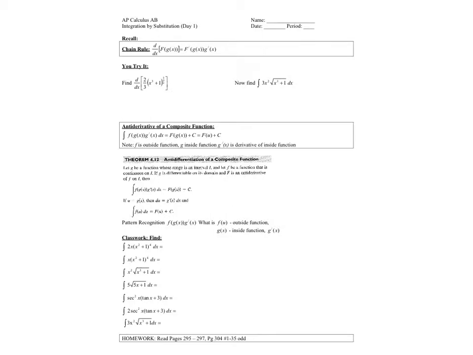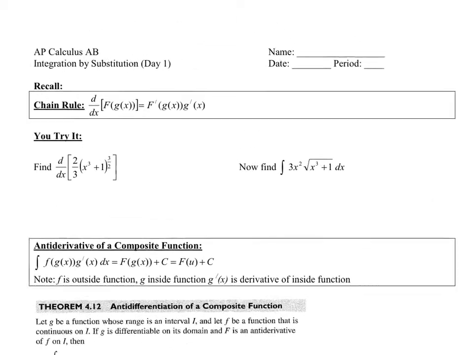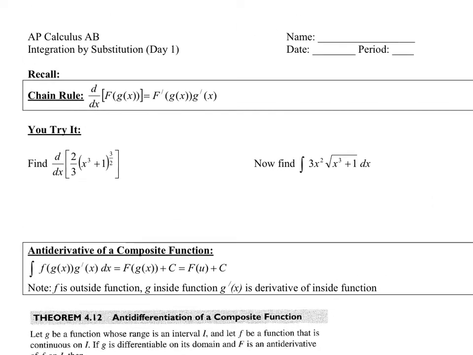Alright, so there are some different methods. This is as close as we get to a chain rule for integration. Okay, but don't call it that. What we're looking at here is integration by substitution. So just to first of all